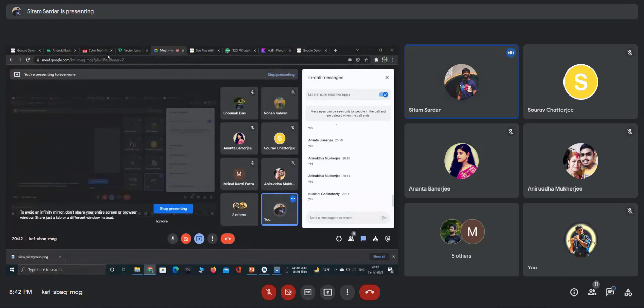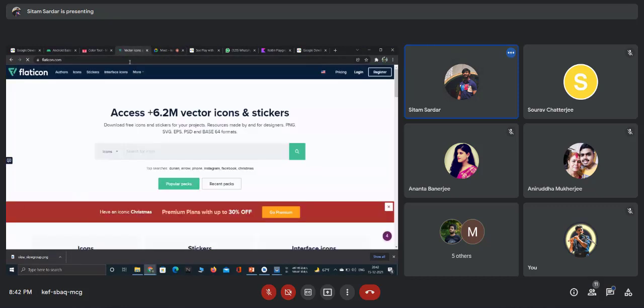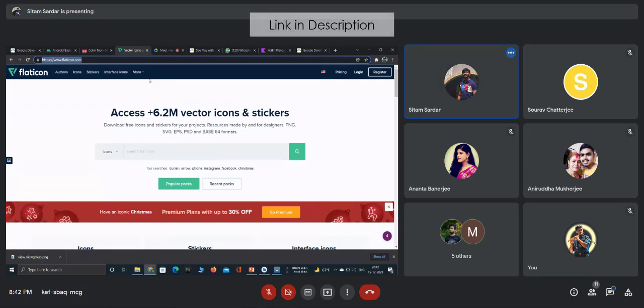For downloading pictures and icons, I always use this website. I'm sharing it with you. Just Flaticon.